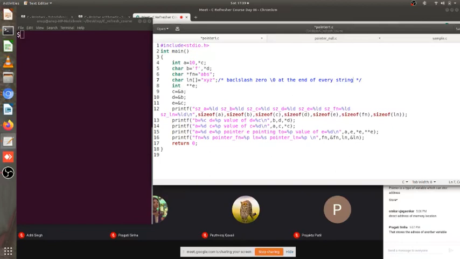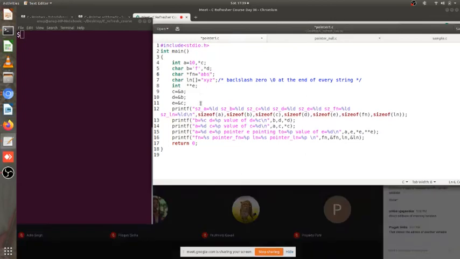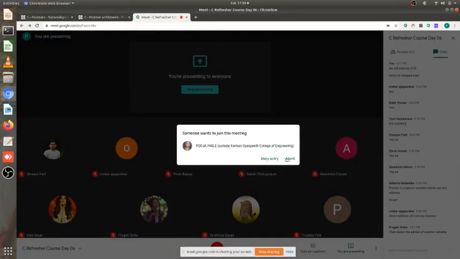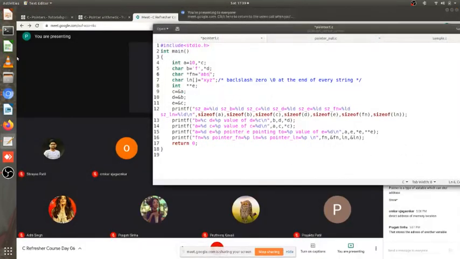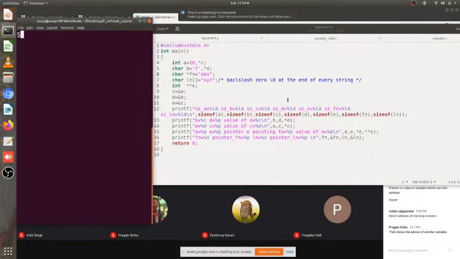Okay, this is always there implicitly at the end of every string. It will be there at the end of this guy also. So if I actually apply the string function strlen to fn, it is going to give me 4 as the answer.